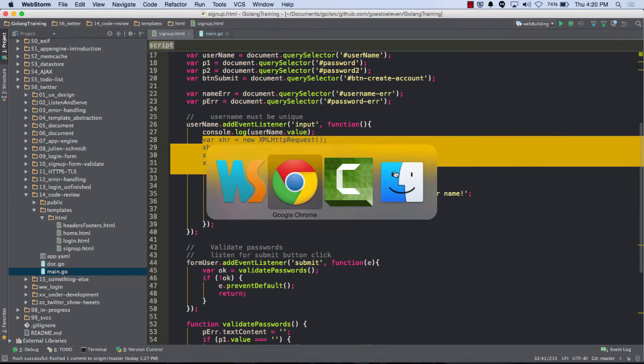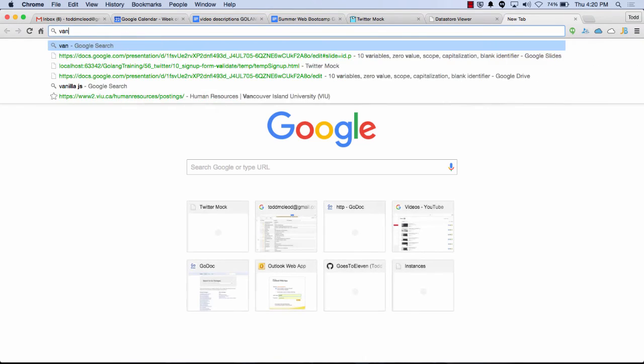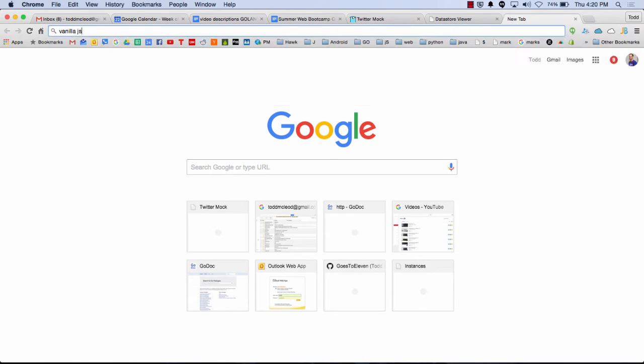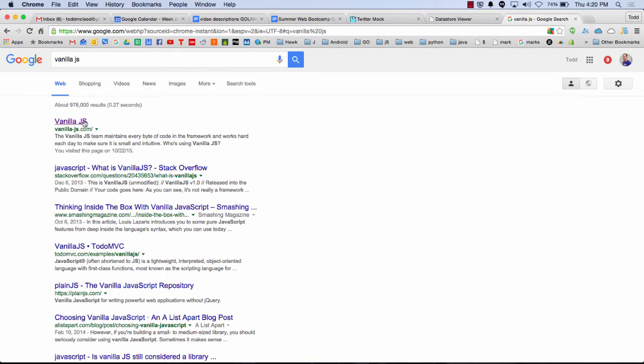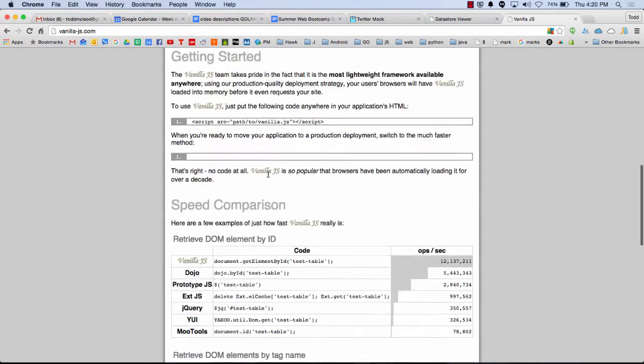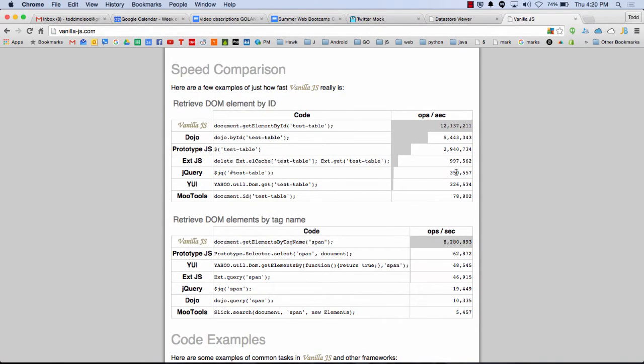But the problem with jQuery is that when you measure performance, jQuery will do 350,000 operations a second for a certain operation, whereas JavaScript can do that 12 million times in the same second. It's phenomenally slower than JavaScript.